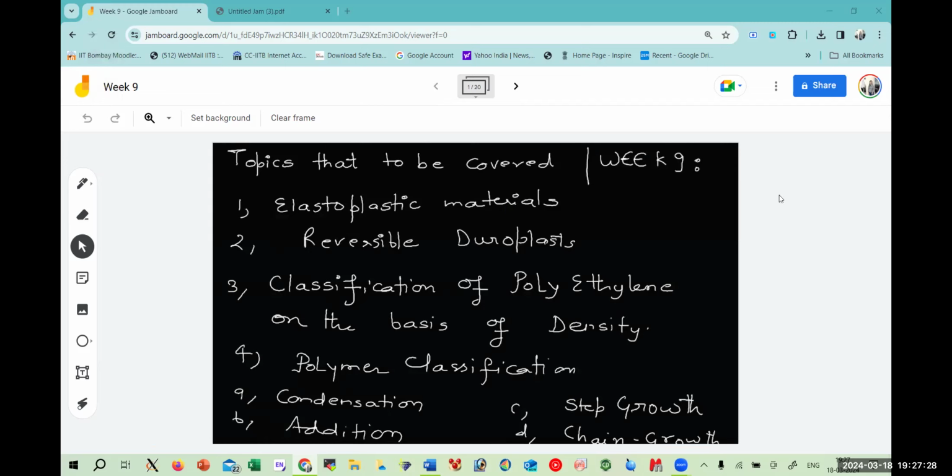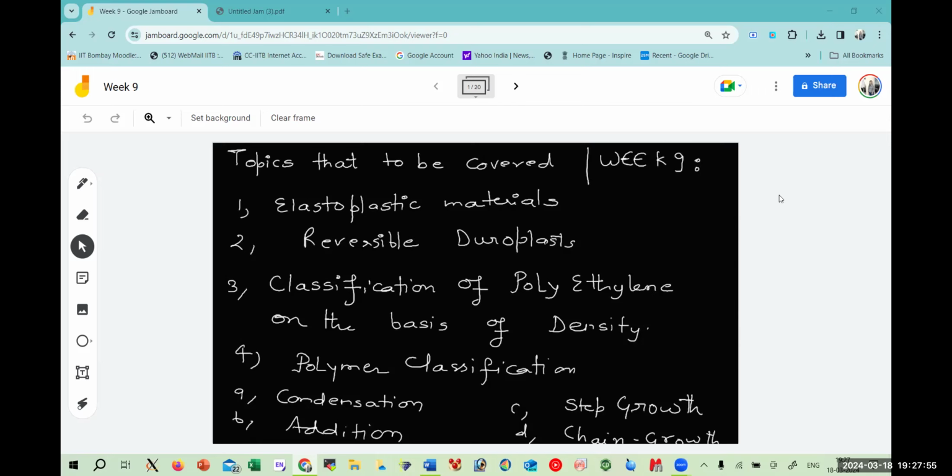So the topics that we have covered today are shown over here. We have actually talked about the different materials. There are certain types. Last time we talked about thermoplastic, duroplastics, and elastomers. The two other types of the polymeric materials are elastoplastic and reversible duroplast. So we have generally talked about their properties. And today there was not much mechanism, but yes, we have taken all the topics which have been covered in